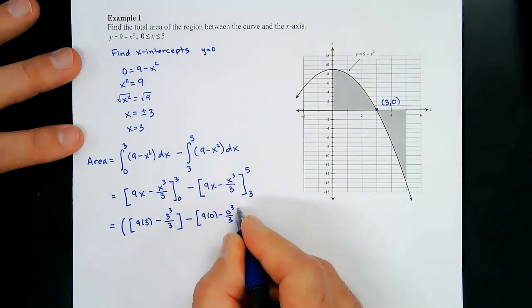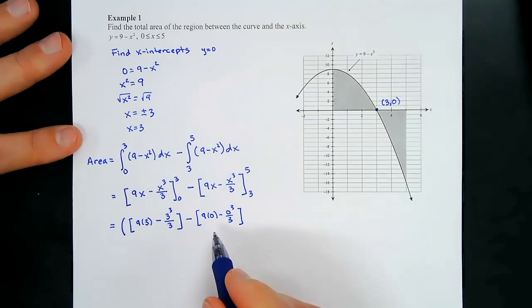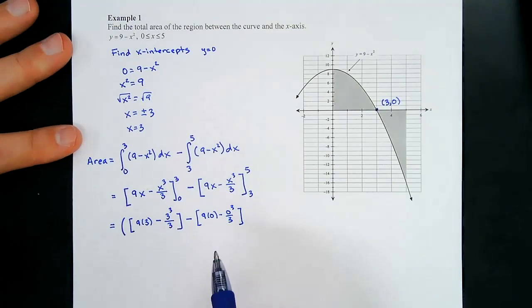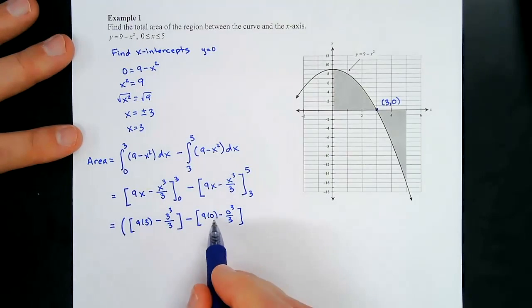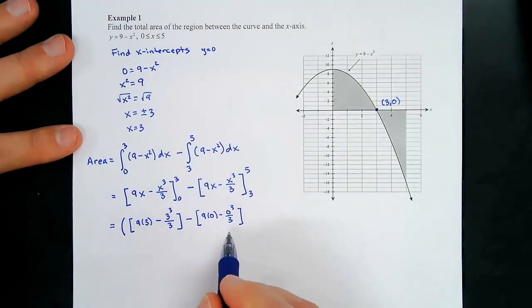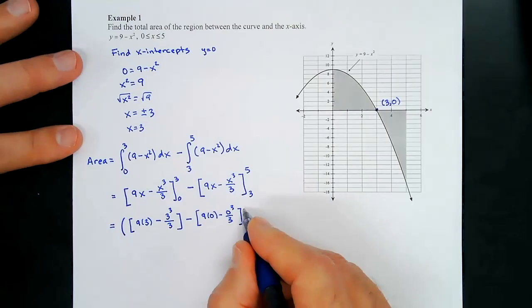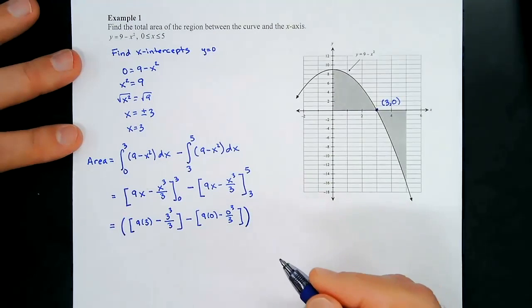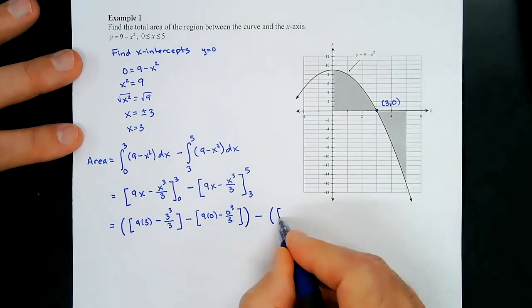You guys, one thing I want to say, when you may look at this and go, why write that, Mr. Mitchell? You already know it's going to be 0. Okay, if you do that on a test, I don't know that you know that should be 0. For all I know, you forgot to write it. So if you put this, I see that you knew to put it in, and then from there, you don't need to write this anymore, because this is going to come out to be 0. So I'm going to close the parenthesis, and then minus, and then open another parenthesis, and then a bracket,